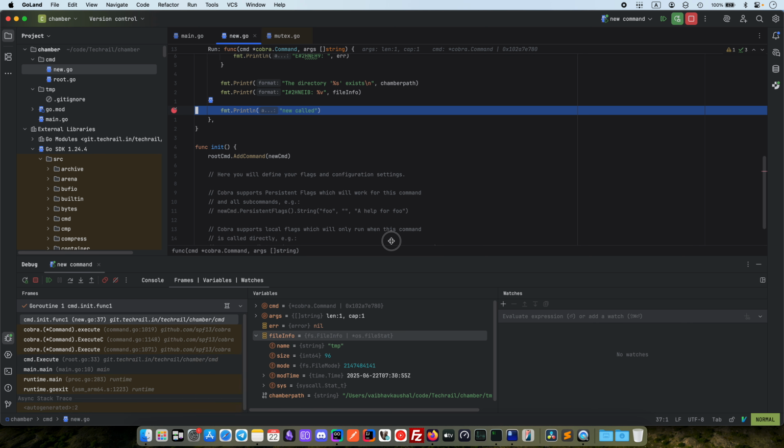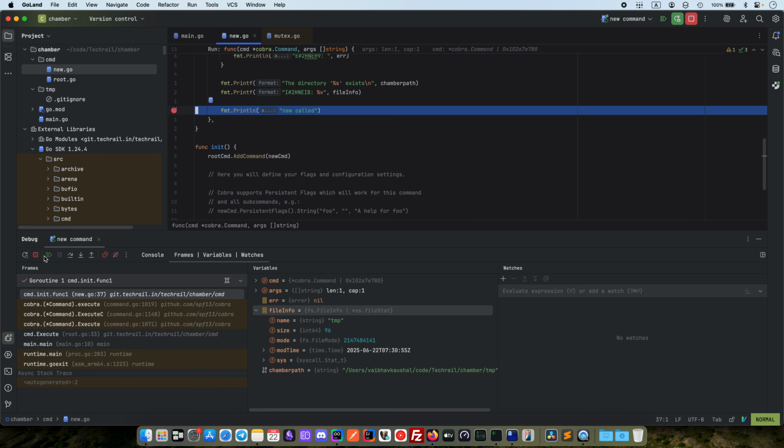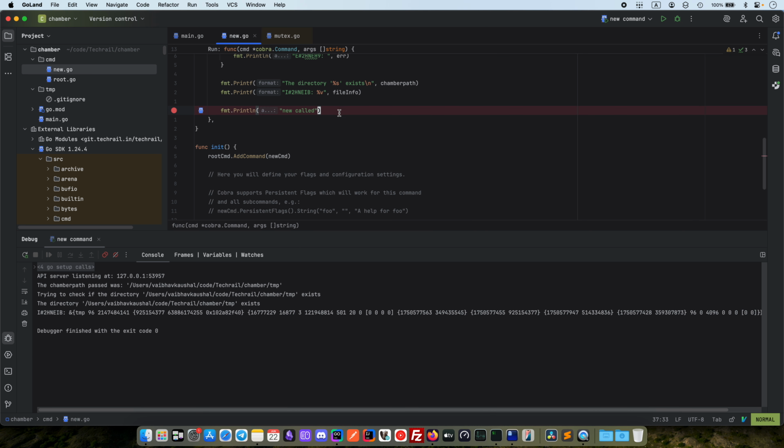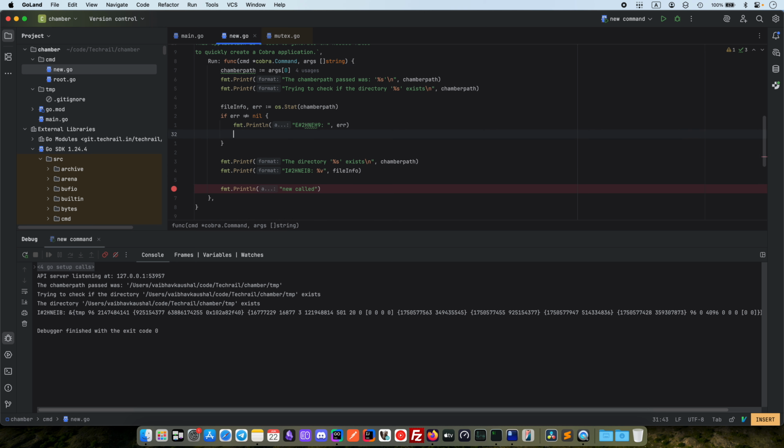I think I have an IsDir attribute that I can check against, and that would be fine. So let me first return from here. Return in case we hit an error. Okay, and I will add one more. Okay, it's already a println, right? Okay, so the directory exists. No, the path exists. Path exists, and